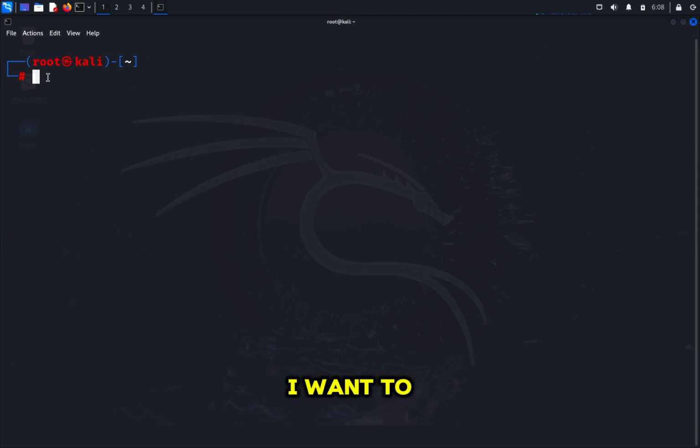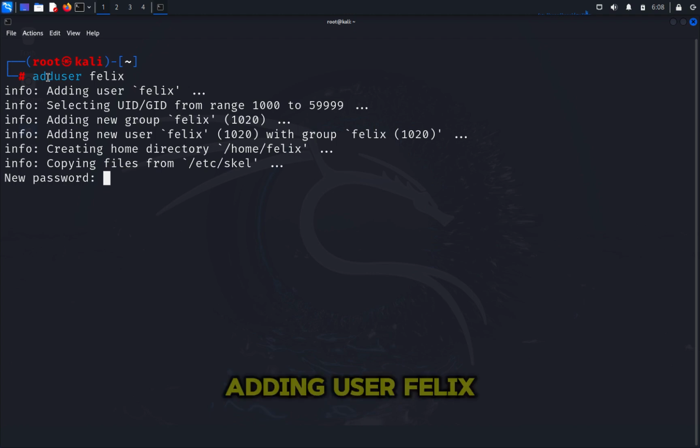But I want to show you why the one is different from the other. We are going to use first adduser, then after that we consider useradd. So I want to add a new account, and the username is Felix. So that will take us to adduser Felix and hit enter. Now you can see that it's adding user Felix, selecting user ID and group ID from range of 1000 to